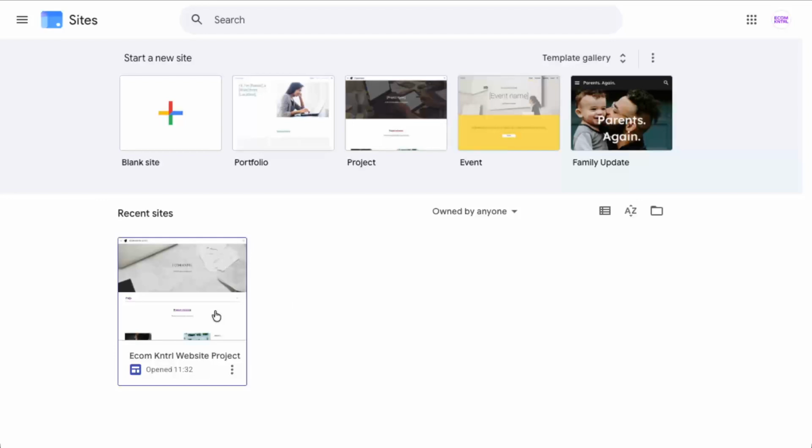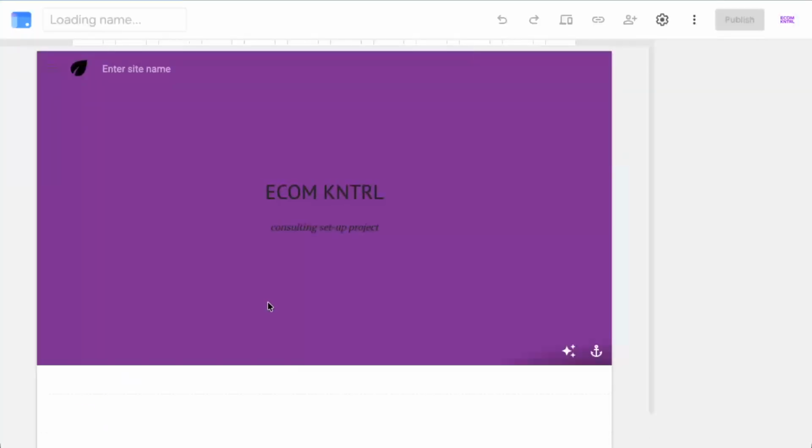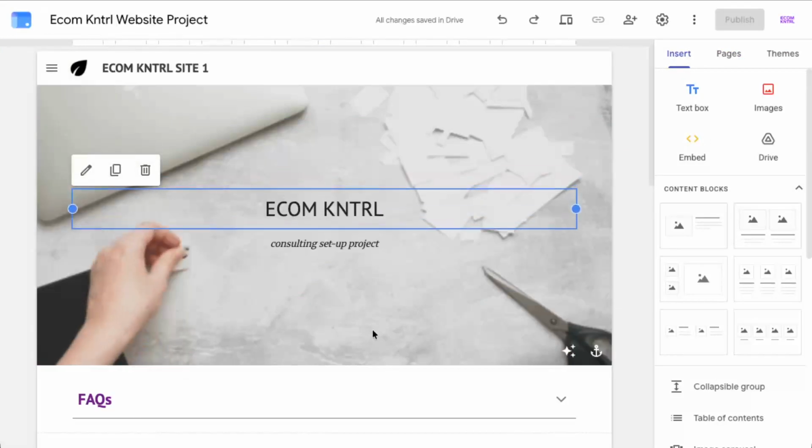Next, choose the site where you want to embed a web page. On the dashboard, click on the thumbnail or title of that site. This will open the site editor, which is where you can add and rearrange content. Give it a second to load and you should see your site in the center and a panel with tools